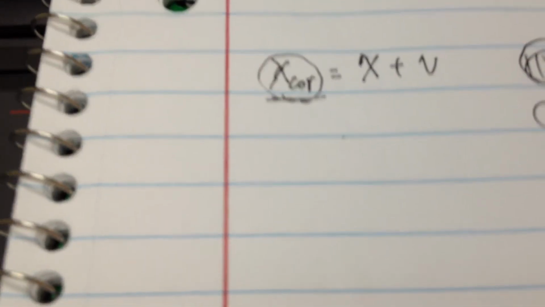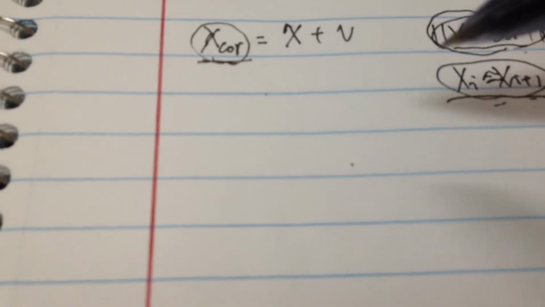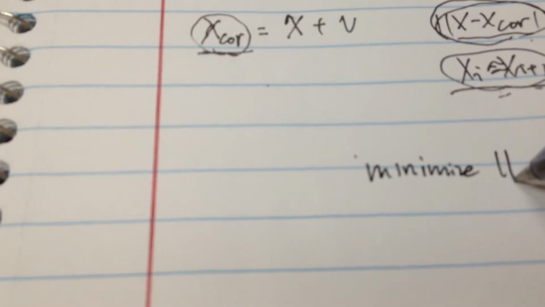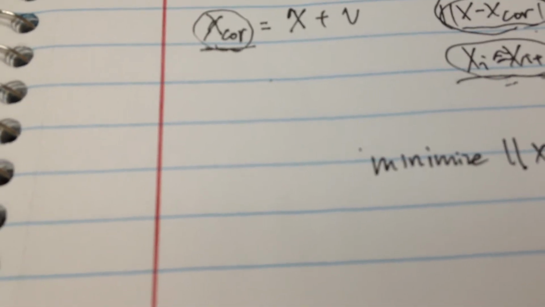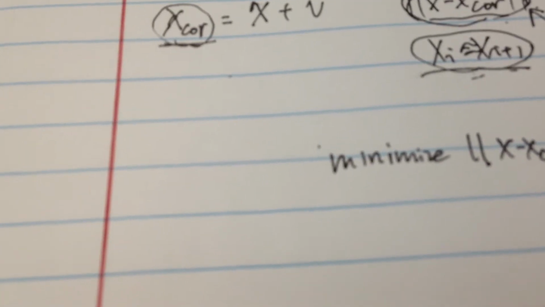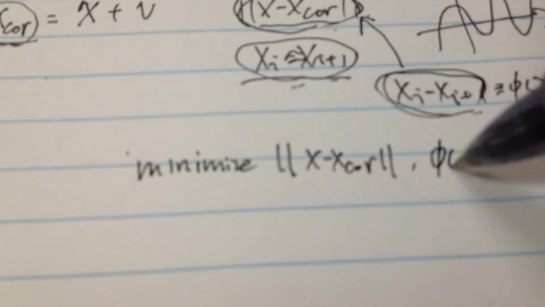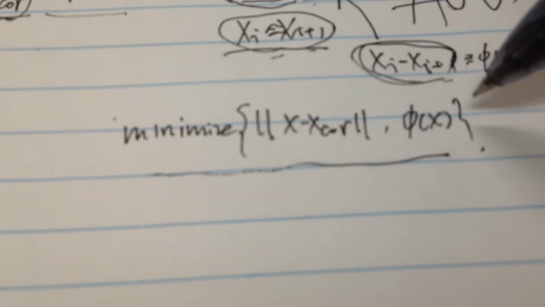So this denoise problem is transferred to a regularized approximation, and we need this part to equal phi of x. So we can transfer this problem to a standard convex optimization, and there are some constraints,